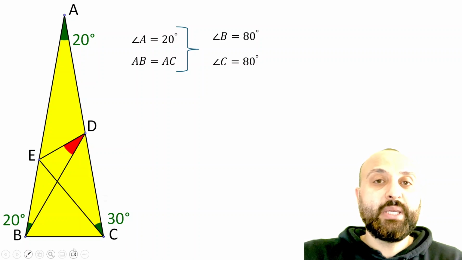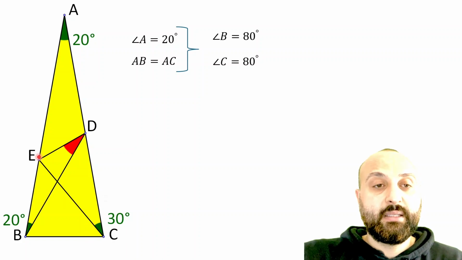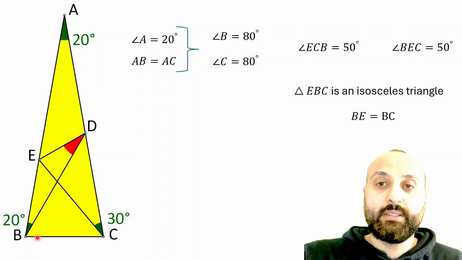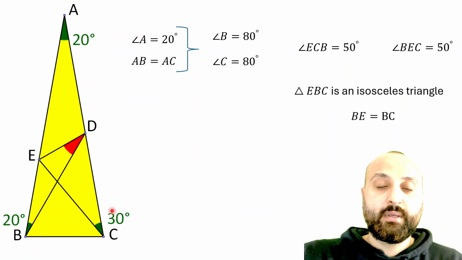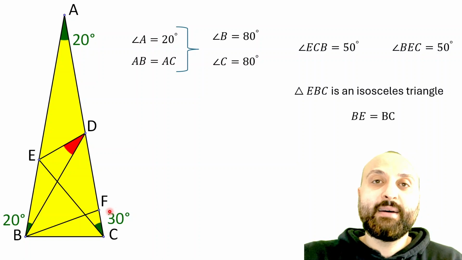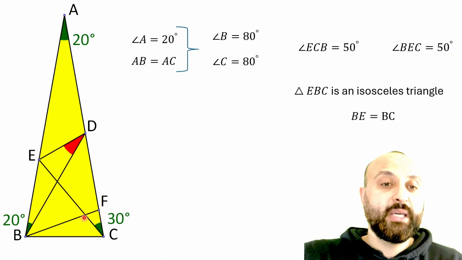So EBC, this triangle, is an isosceles triangle. That means EB is equal to CB. Okay, this is what I have written here. All right, so now in order to solve the exercise, we are going to select point F on the side AC such that BF is equal to BC. Because BF is equal to BC,